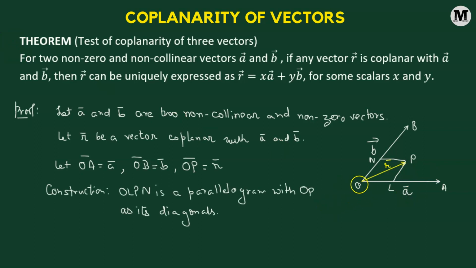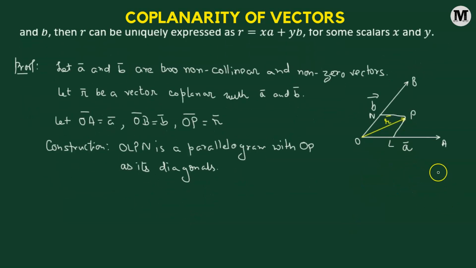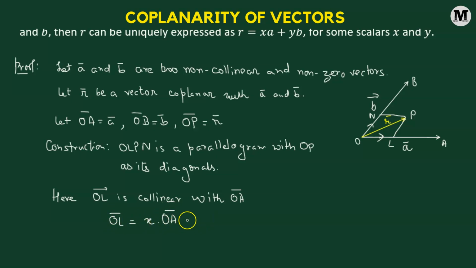Now the whole idea of constructing this parallelogram OLPN is because we need the OL vector and ON vector. Now what is OL vector and ON vector? As we can see, the vector OL is collinear with vector OA. Collinear means they have the same support, or in other words, they are pointing in the same direction. However, OL vector is not equal to OA vector. Here, OL vector is going to be some fraction of OA vector. So, to represent this fraction of OA vector, all we have to do is multiply it with some scalar x, where x is